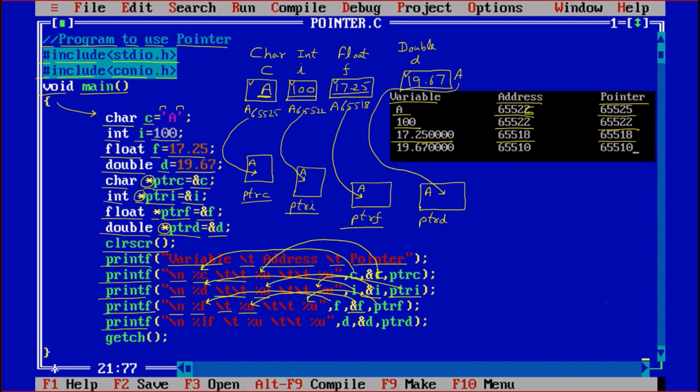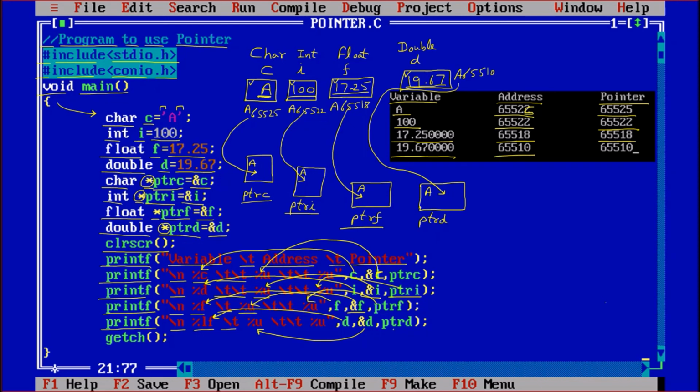Then printf for printing, \n for the new line, %lf for the double value, so it is taking the value from d, and let us suppose the value of d is 19.67, so this value is printed. Then \t for the tab space, the address of d is given to %u, so let us suppose the address is 65510, so the address is displayed.